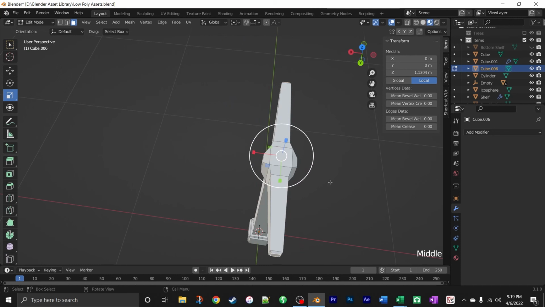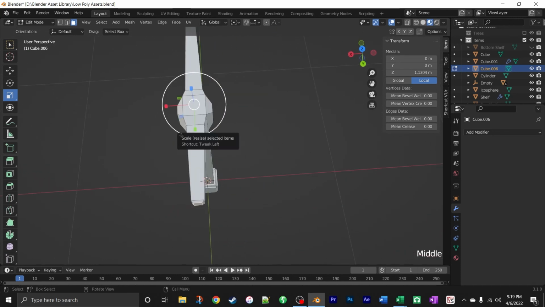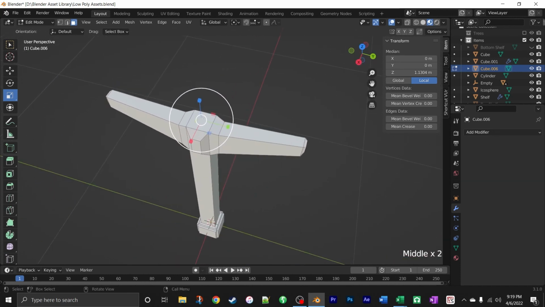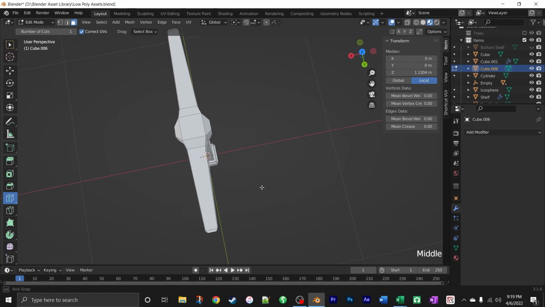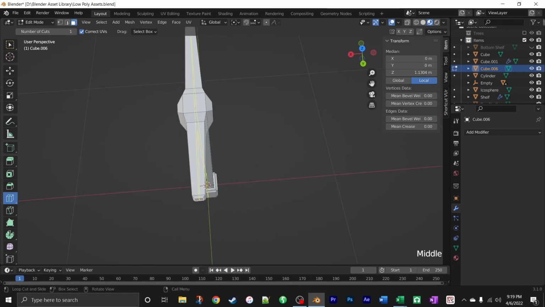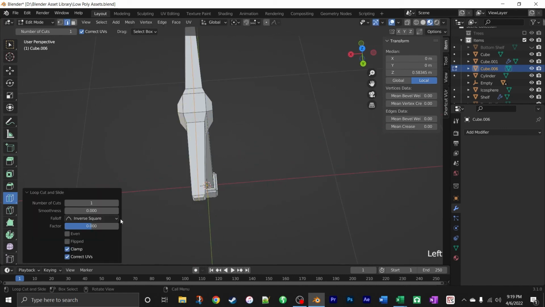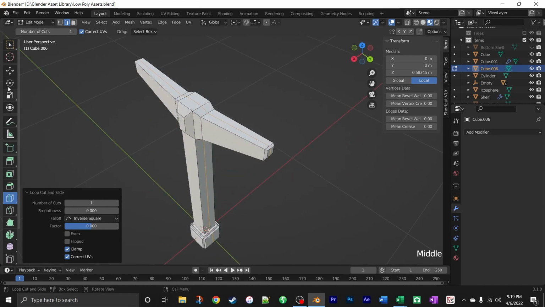We're going to need to throw in some loop cuts in order to make our blade, because we need a loop cut that goes right down the middle of the blade. So throw in one loop cut right through the middle of this thing, right there. That should be pretty good. Now hit the move tool,